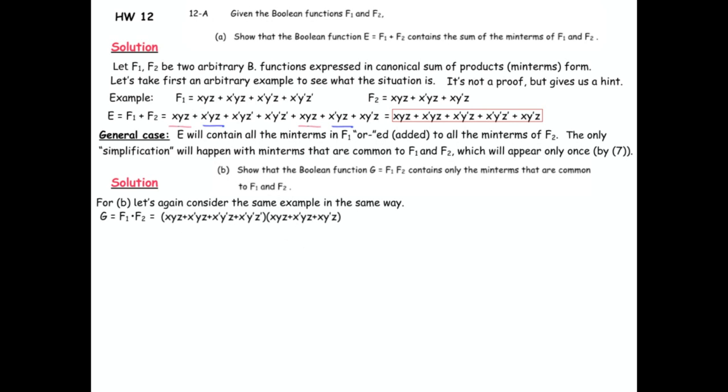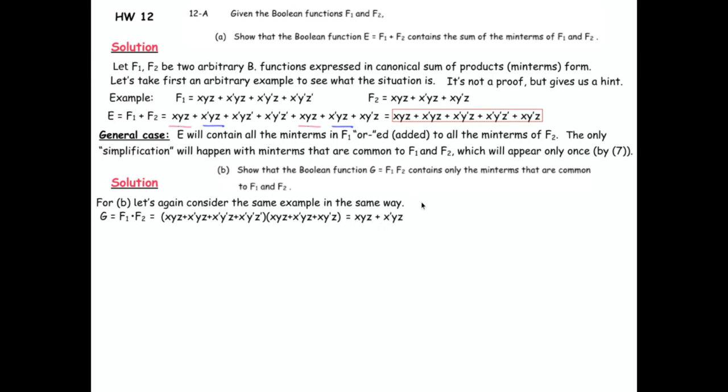For example, here with xyz multiplied by complement of xyz, x multiplied by complement of x is 0, and everything else, all of the yz's there, multiplied by 0, go away. That is what will happen to all of them, except for the ones that are